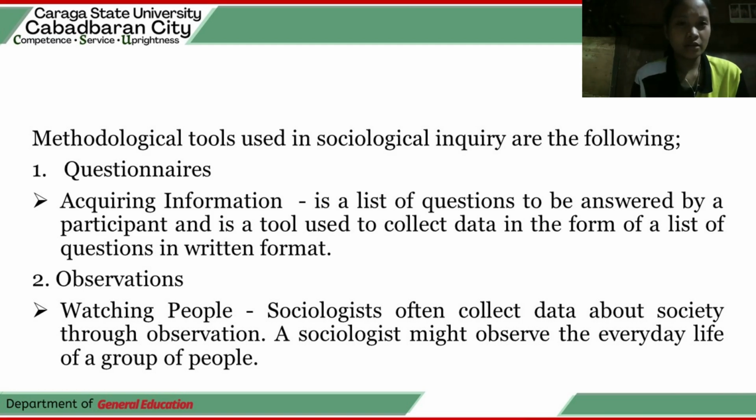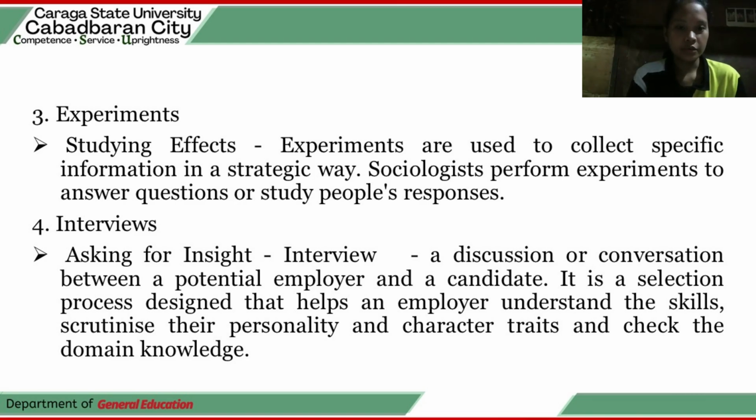First, it can be conducted overtly. Overtly is where the members of the group being observed are aware of the sociologist's presence. The other is covertly. Covertly is where the members of the group have no knowledge that they are being observed. They really have no idea that they are being observed. However, observations also have their disadvantages. This tool can be more time consuming, as the sociologists may need to conduct observation over a long period of time.